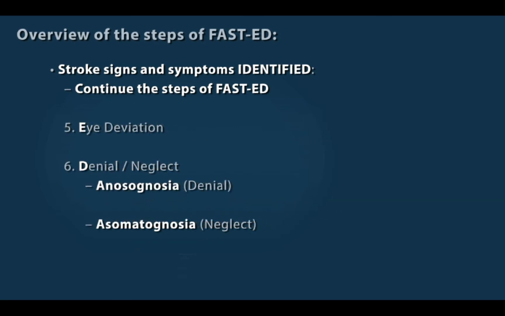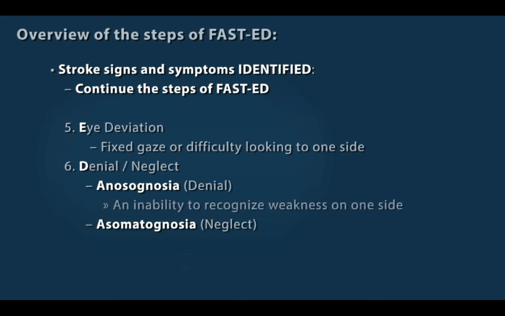Finally, when signs and symptoms of a stroke are detected, the remaining steps of FAST-ED should be completed. These final steps consist of testing for eye deviation to identify a fixed gaze or difficulty looking to one side, and when indicated, testing for denial neglect, which includes anosognosia, more commonly known as denial, the inability to recognize weakness in their weak arm, and asomatoagnosia, more commonly referred to as neglect, the inability to recognize or identify